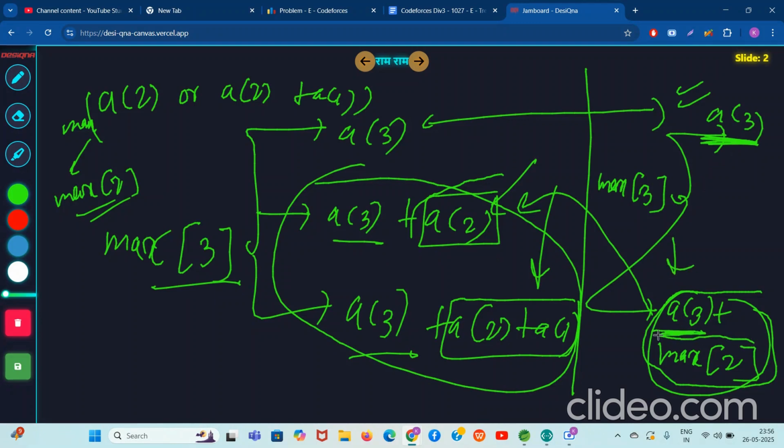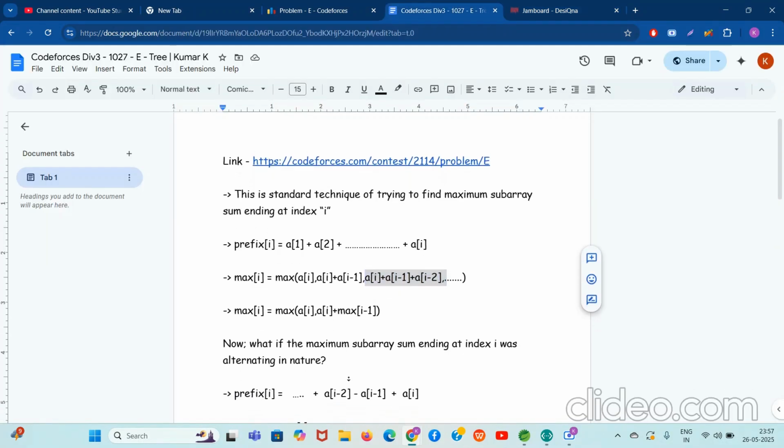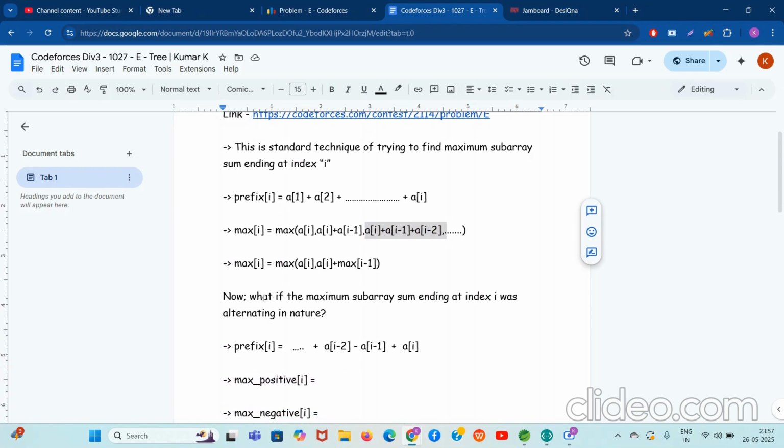plus whatever the max subarray you are getting, which was ending at index 2. So you have clubbed these things into just two options, and now you can just run a loop and you can know the maximum subarray sum ending at index I. I was just writing this. Max I is nothing but max of A of I. Either you just take the current number or you take the current number plus the best subarray sum ending at